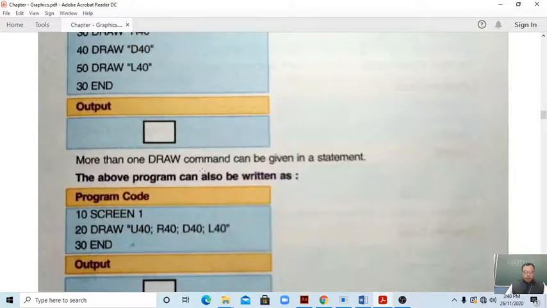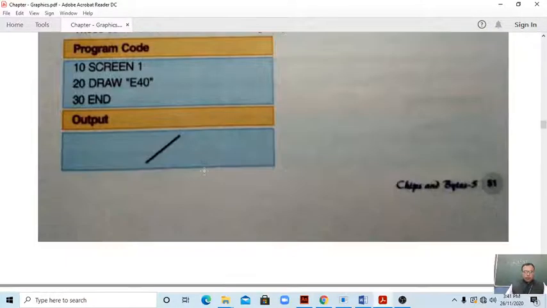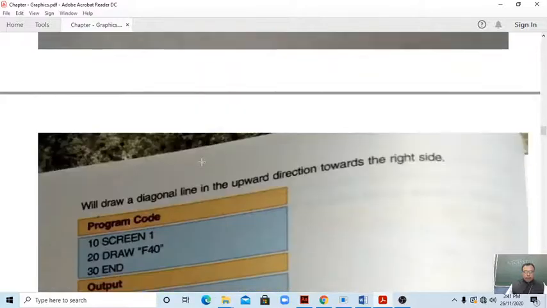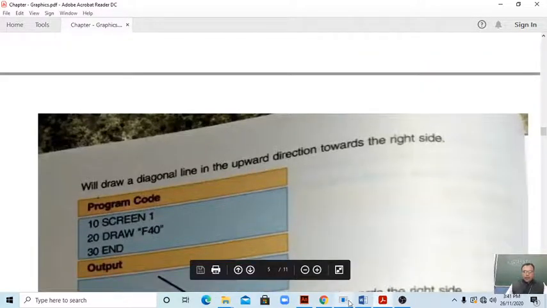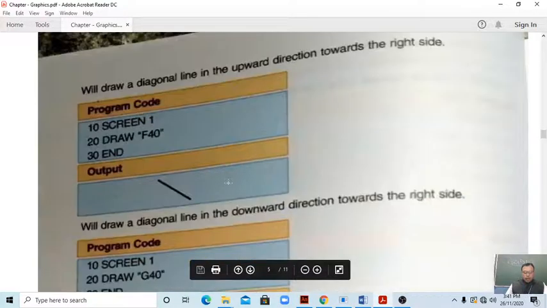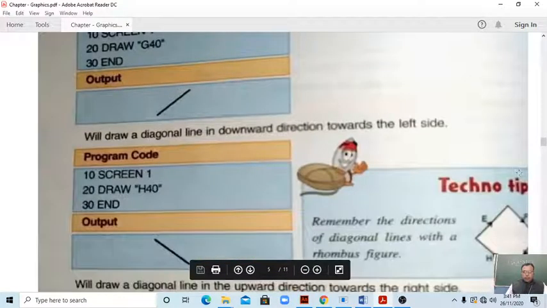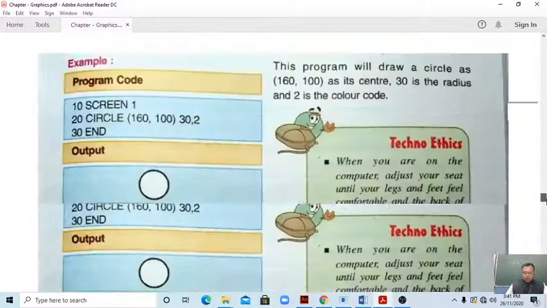Okay, I'm showing you. And E. E is a diagonal line in the upward direction. So E, here you have to go upward. And one more is here, D. D is for the downward direction. You can see students.